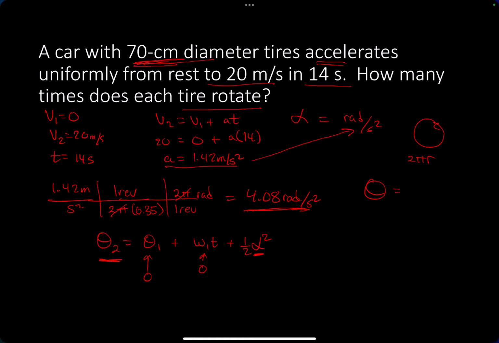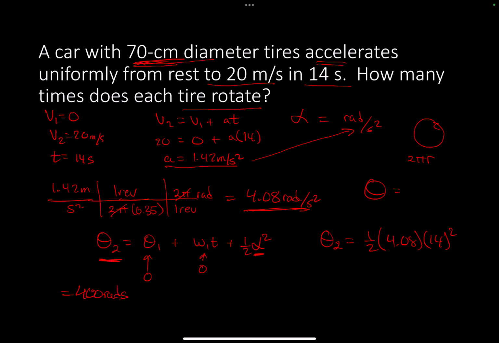So I'm going to just say theta 2 is equal to 1/2 times 4.08 times your time, 14 squared. Make sure you square it, super important. And I end up with 400